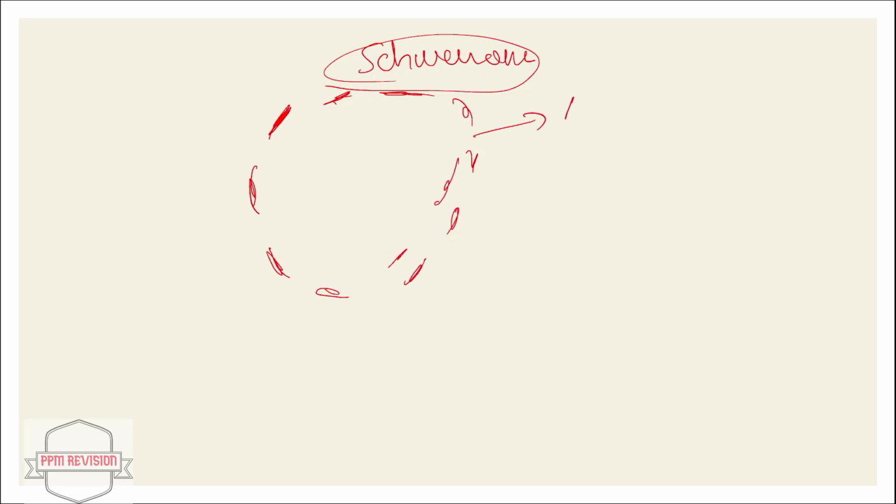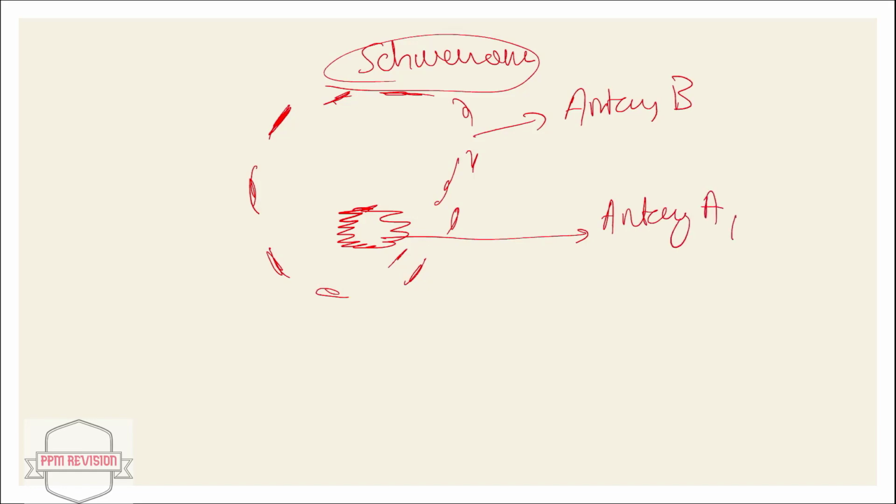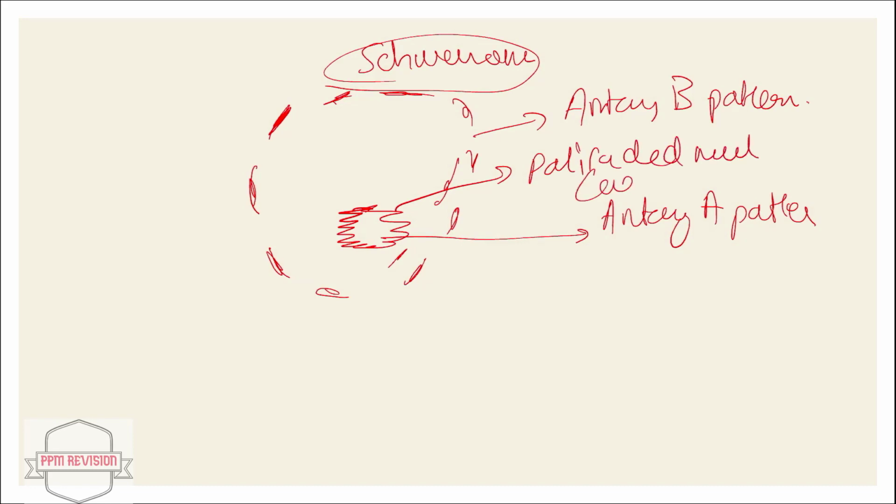So the outer region is nothing but the Antoni B pattern, and the inner contains the Antoni A pattern, right? And this is nothing but the palisaded nuclei, nothing but Verocay bodies